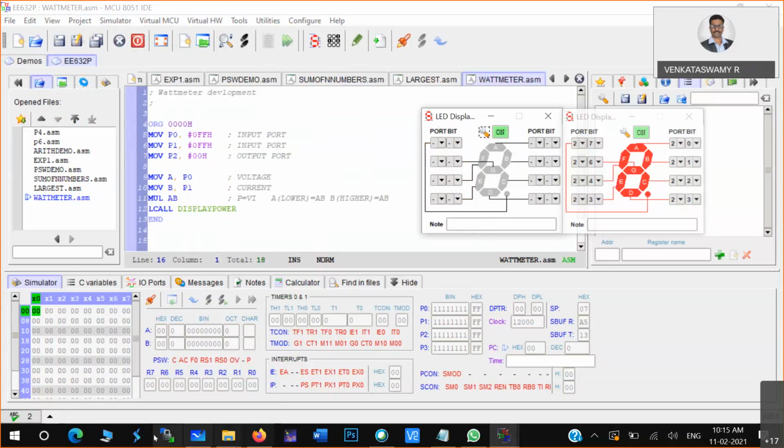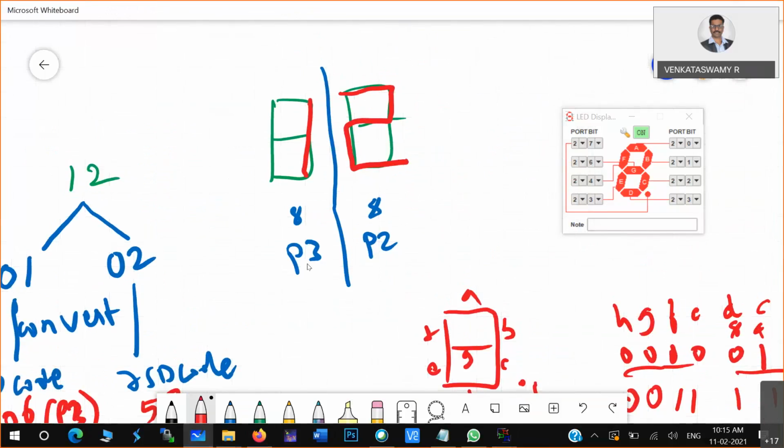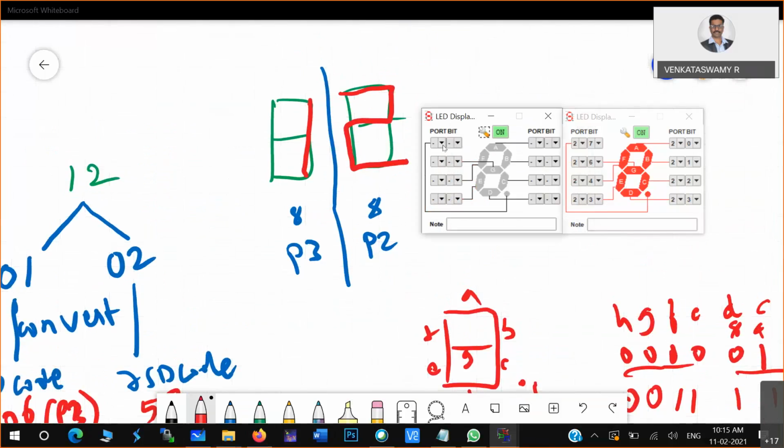As per my logic, P3 is the higher digit, so I'm using the third port also, port number 3, with the ABCD lines.